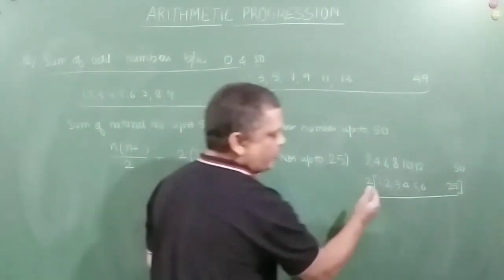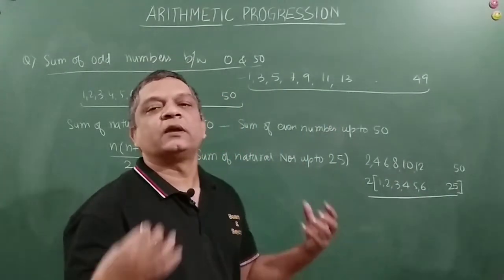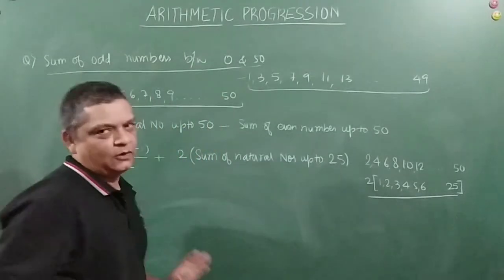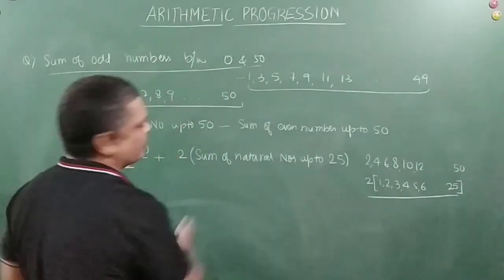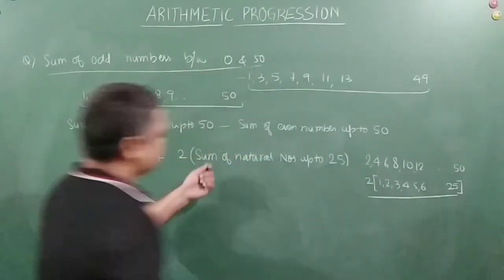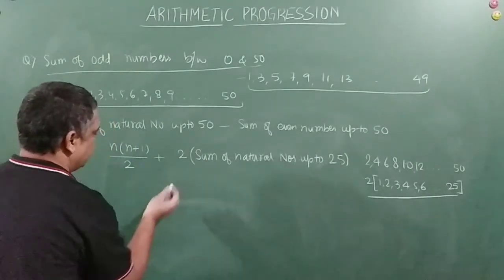If I take 2 common out here, the remaining thing inside the bracket becomes natural numbers up to 25. That is the logic here. Once you understand that logic, the problem is very easy. Right? So, this is the sum of natural numbers up to 25. So, this again can be written as,